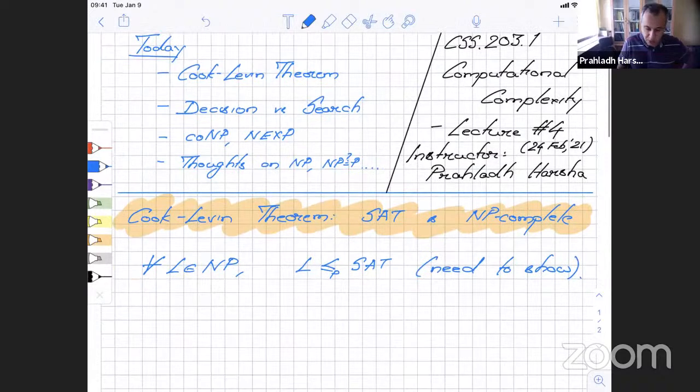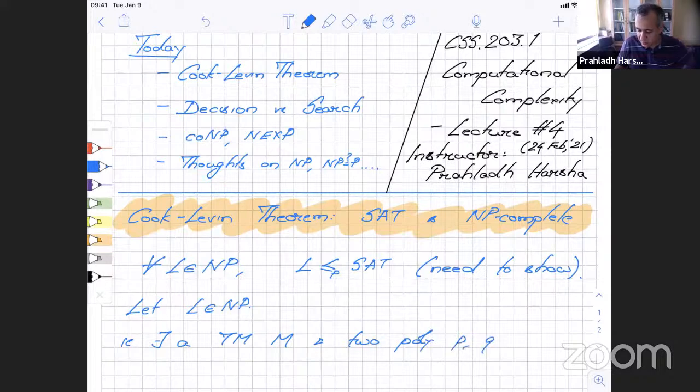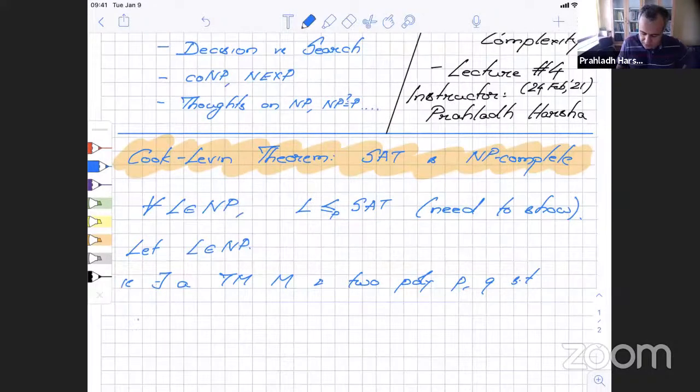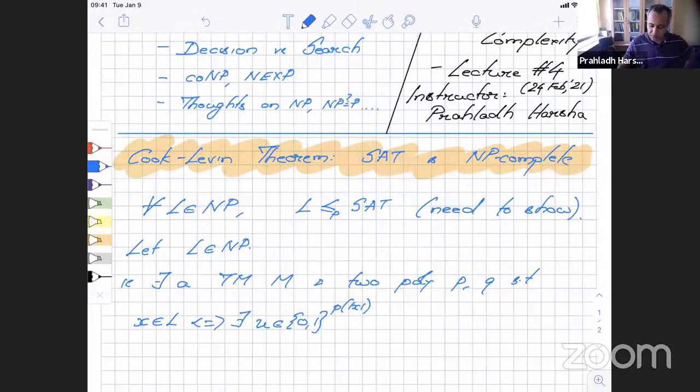I'm just recalling what we did towards the end of last lecture. We took some language L in NP. Now what does this mean? That is, there exists a Turing machine M and two polynomials P and Q such that X is in L if and only if there exists a witness U of length at most polynomially longer than the input length of X such that M on the pair of inputs X, U accepts, and furthermore